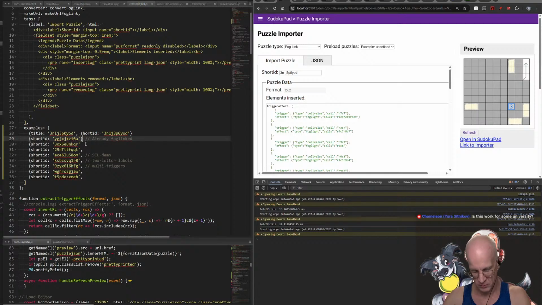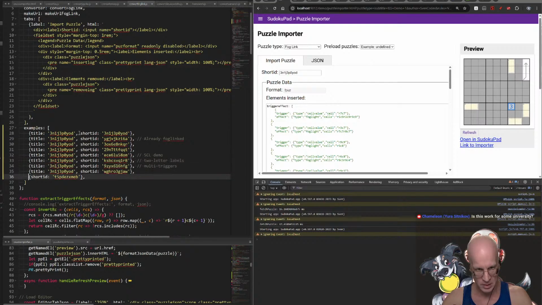Oh, wait, we do need commas back here. So we kind of want to do these in front of the comma. Yeah, in front of the commas. And then the titles need to go in here. And then the labels get generated. Ooh, let's make sure I don't make a mistake here. So if I do these,